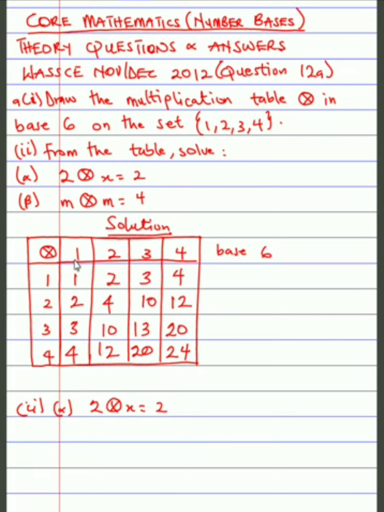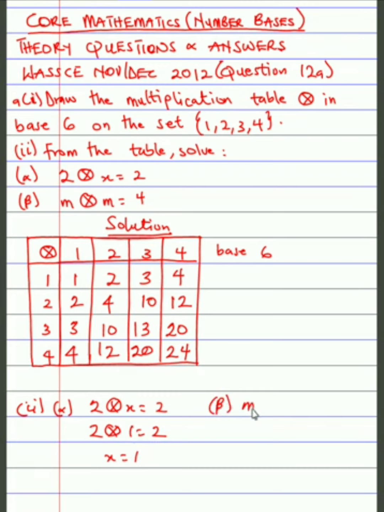Or when 2 multiplies 1, what do we get? We get 2. So that means that if we replace this x with 1, then our statement is true. So from the table, 2 times 1 is equal to 2. Therefore, x equals 1. Because we are comparing this one with this one. So if here is 2, we have 2 over here, x, and then we have 1. So x equals 1. Let's look at the second part of the question,